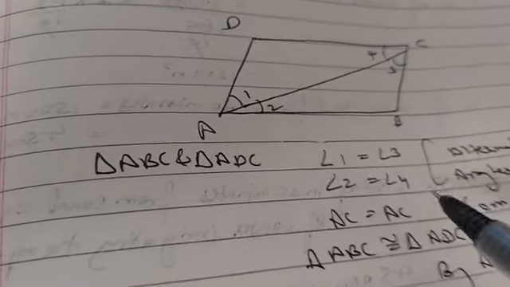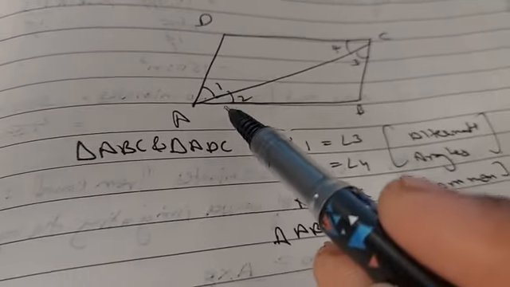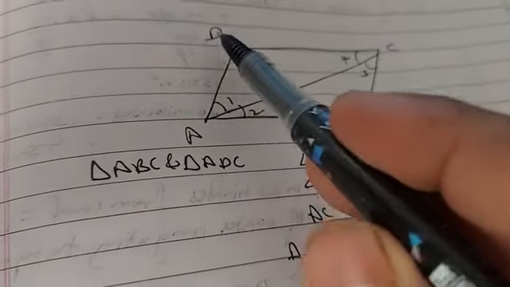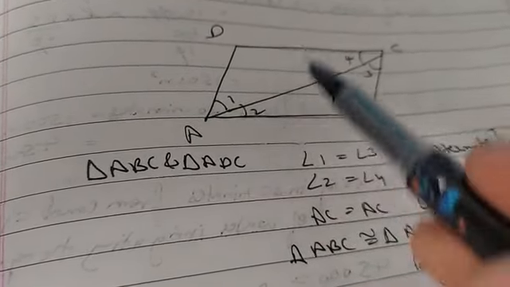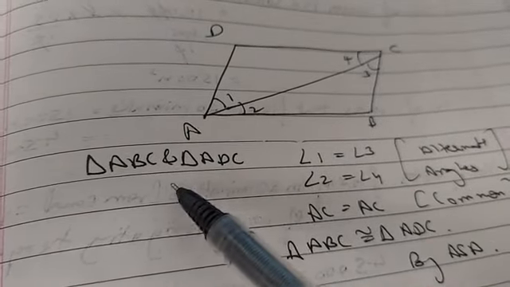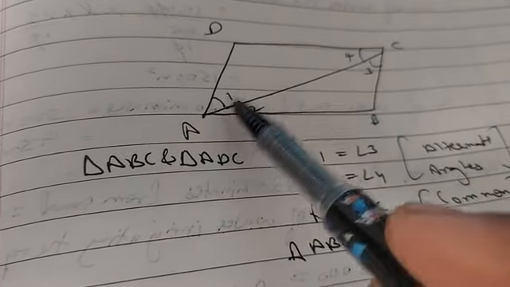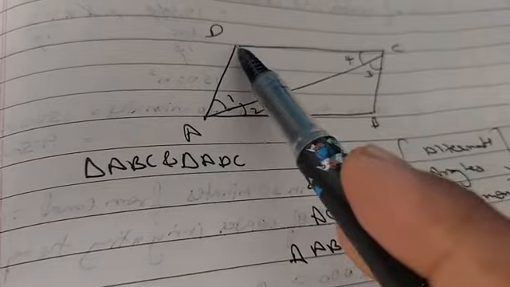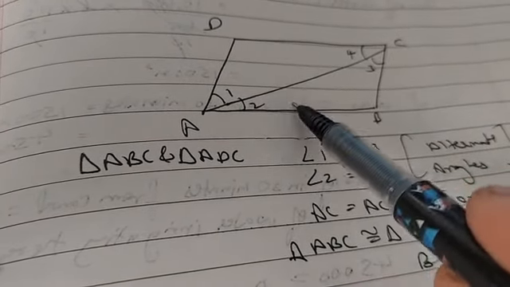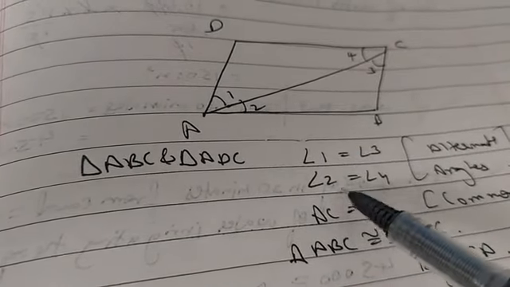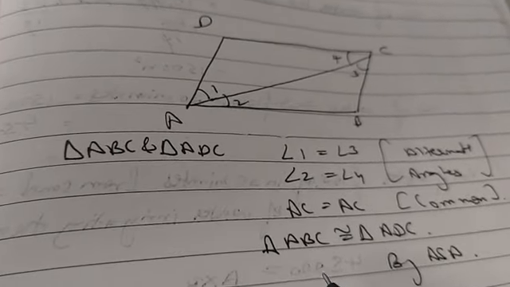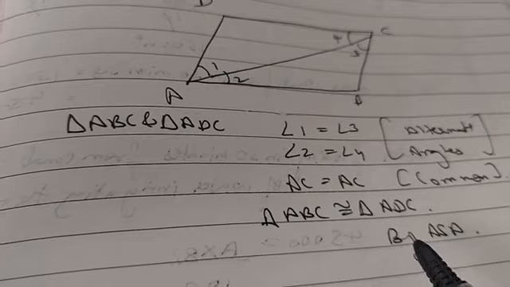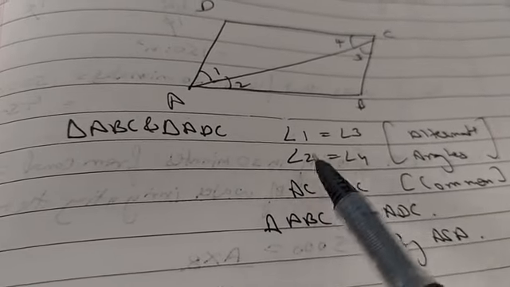Wait a minute. Now see this one, the figure is the same as in the book. ABCD is a parallelogram, which means these sides are parallel, so we can mention alternate angles. So I take both these triangles: angle 1 equals angle 3, alternate angles, see, a Z is forming, and angle 2 equals angle 4, a Z is forming, and AC will be the common side. So both these triangles are congruent by ASA, angle, side, angle.